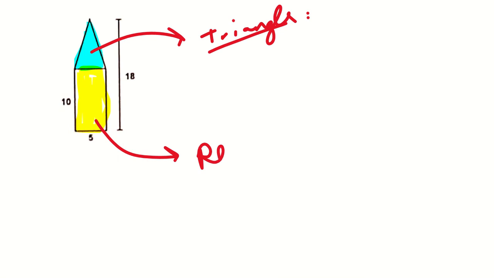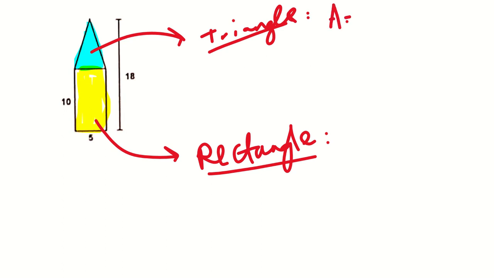We need to find their areas separately and then put them back together. How do you find the area of a triangle? It is area equals base times height divided by 2. So what is the base of the triangle? They did not put the number right there, but it would be the same, 5 would continue up here, right? So it would be 5